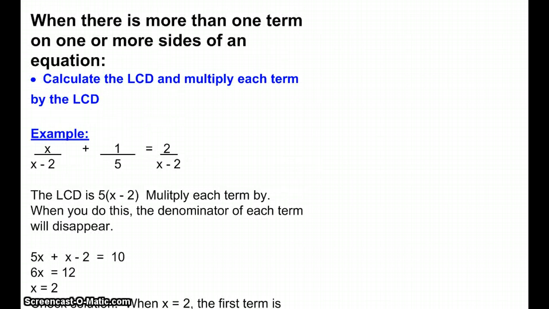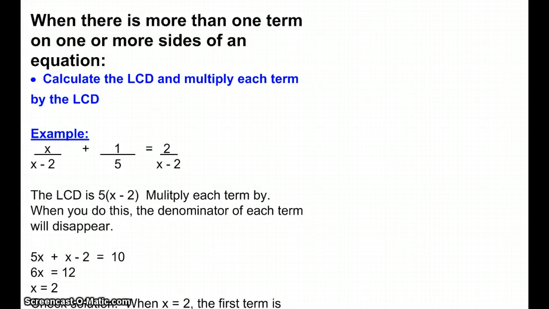When there's more than one term on one or more sides of the equation, so you could have two terms on one side with one term on the other, or two terms on both sides, the way to solve for the variable is to calculate the lowest common denominator and then multiply each term by the lowest common denominator. So in this case, we have two fractions on one side of the equation, so this is the method we're going to use. In our example, we have x over x minus 2 plus 1/5 equals 2 over x